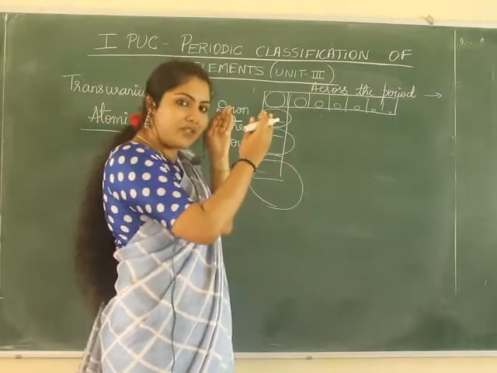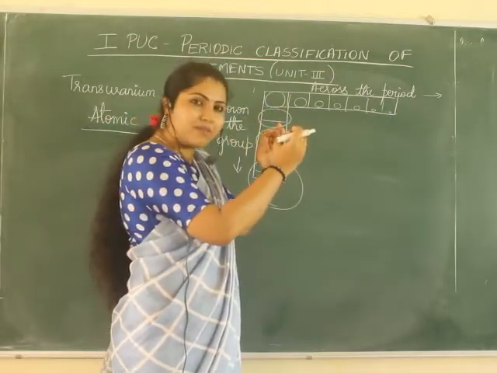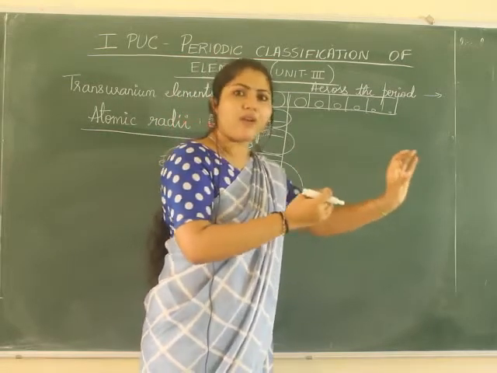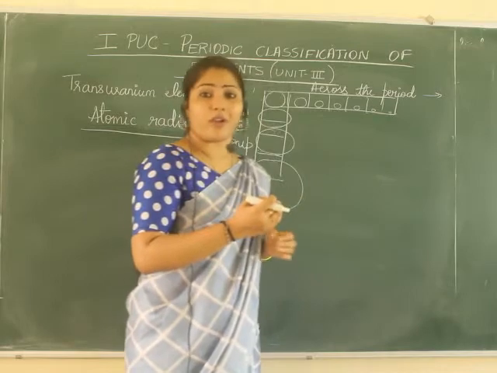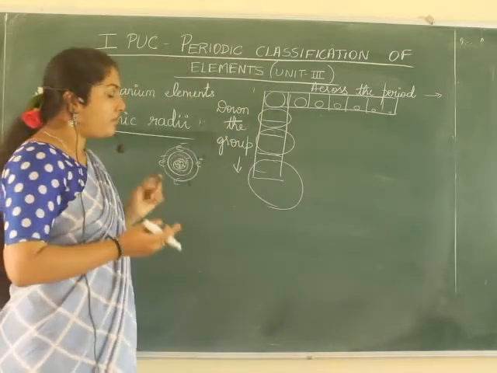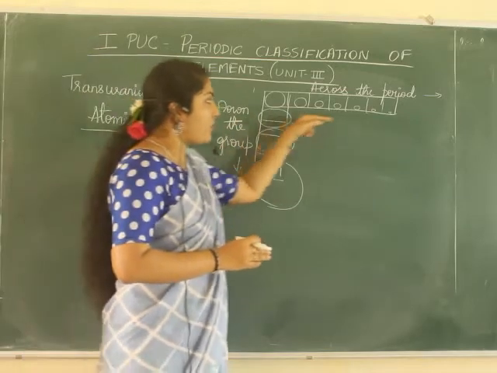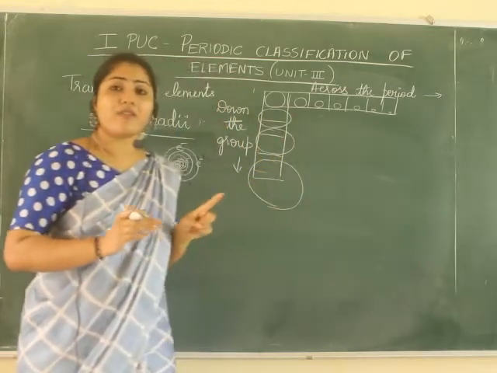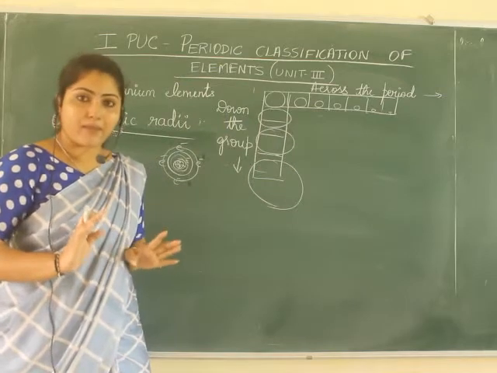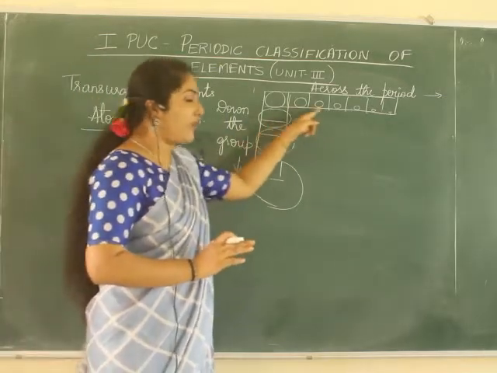Sodium will have a larger size, then beryllium a little bit smaller, boron smaller, carbon still smaller, nitrogen smaller, oxygen smaller, fluorine still smaller. Why is this? The reason is, across the period, the electrons are added to the same shell. Getting the point? To the same shell, the electrons are added.